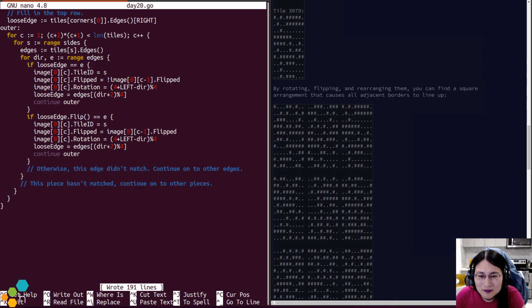Oh, but with the caveat that what happened if it matches, then do I potentially need to flip the loose edge? I think I do.